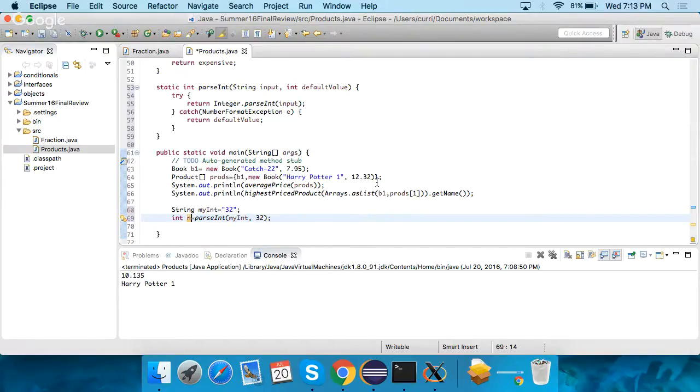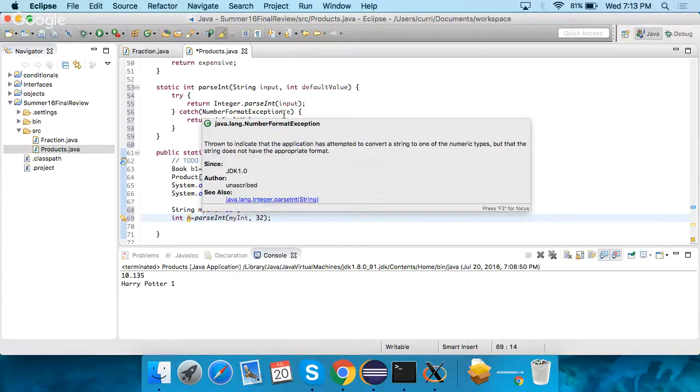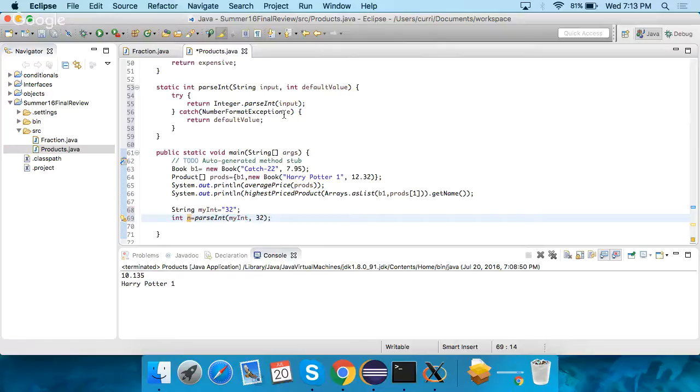Catch is the number format exception. What is the number format exception? The documentation of the method for parse int tells me that it throws a number format exception. That's their own subclass of exception. You can use just exception. That should work. In fact, it should work exactly the same, and it will catch any kind of exception. Chances are that if I do this,